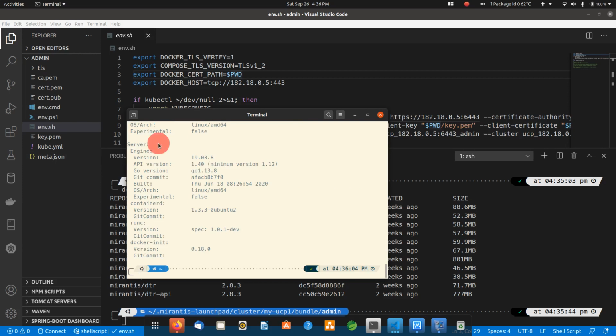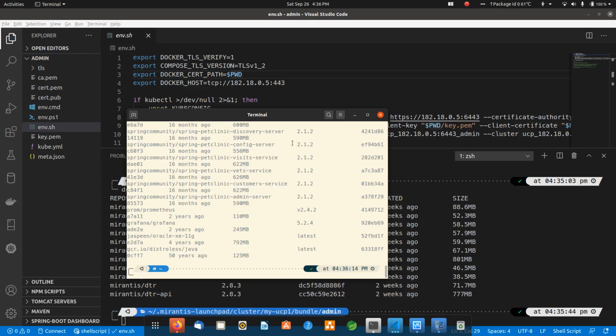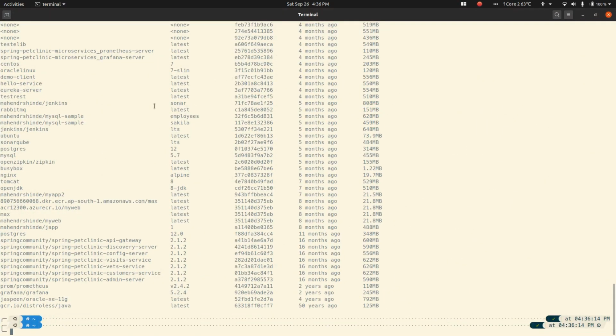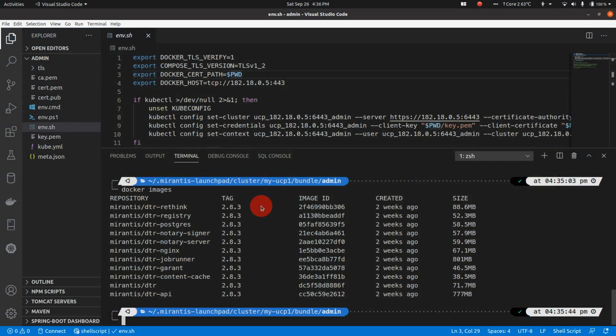It's not showing Docker Enterprise. This is still connected to my local Docker. And if I do docker images on this window, you will see it is still showing the images that I have built locally. This is my local Docker, whereas this one is now connected to my Docker running inside this Mirantis cluster, the Docker EE cluster.